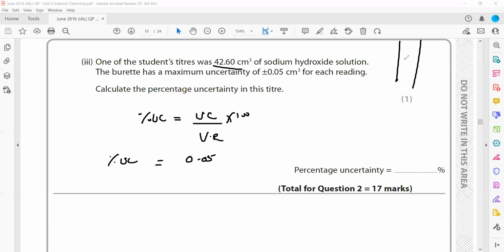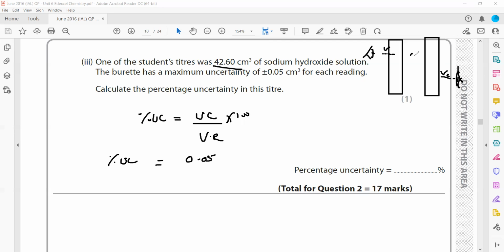when we are using a burette, first we read the initial volume, and then we read the final volume and take the difference. So burette reading is always measuring the first volume, V1, then measuring the second volume, V2, and the difference in volume gives us the burette reading. So it should be twice 0.05, multiplied by 2, divided by the value recorded, which is 42.6, times 100. So this will give us